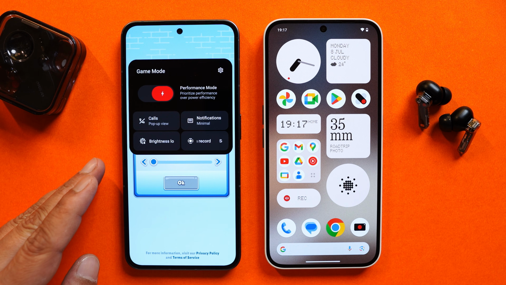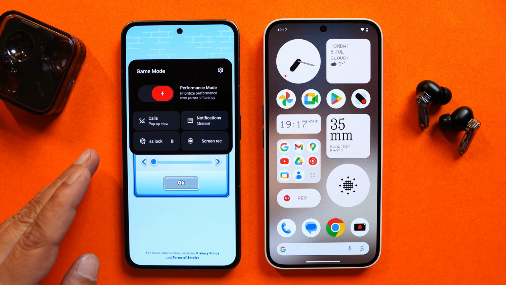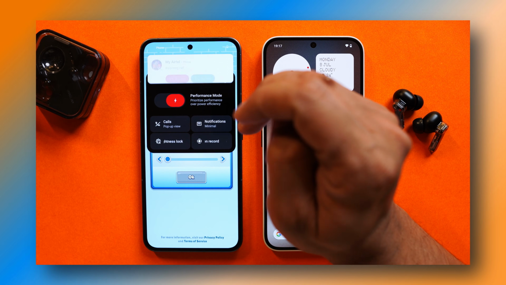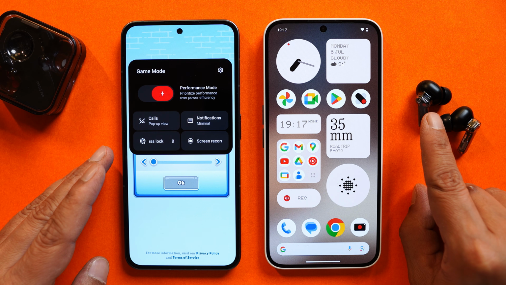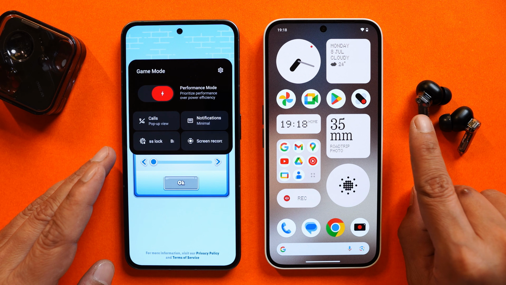I also noticed a bug after updating this device to latest build on Nothing Phone 2. While my device was connected to Bluetooth, the call announcement for a second came from the device main speaker, which should not happen generally. So might be a temporary bug, but if it occurs again, I'll keep you guys posted